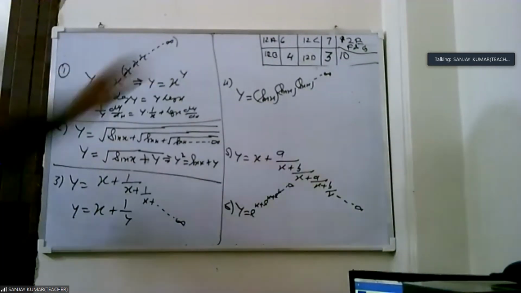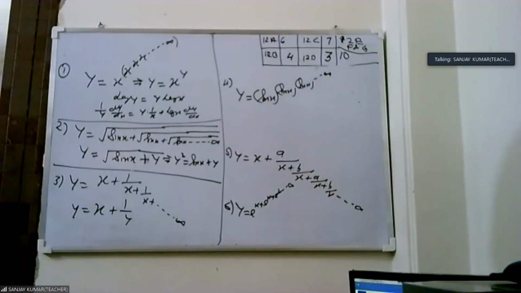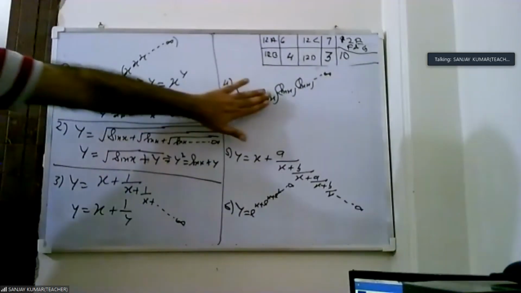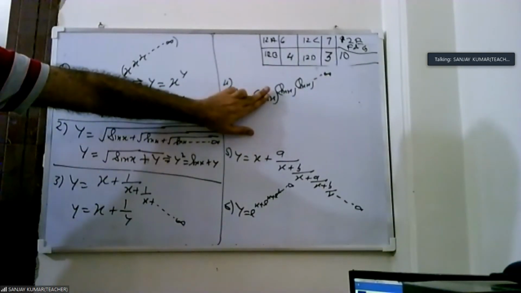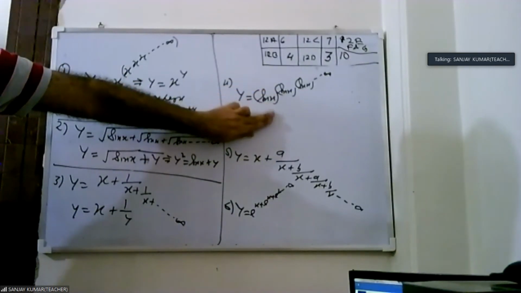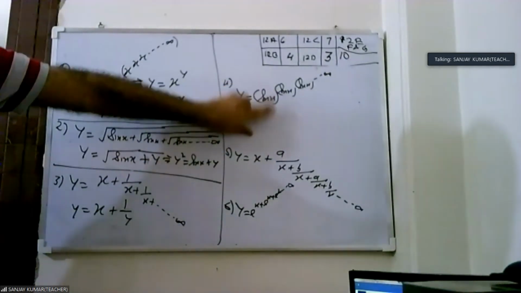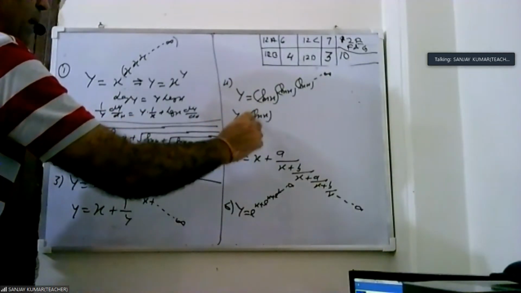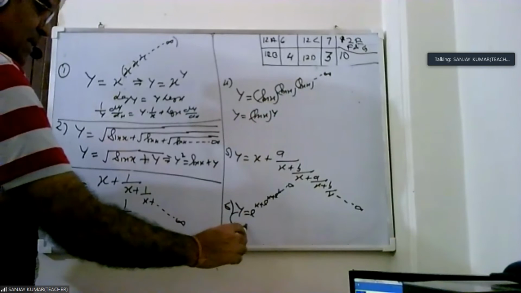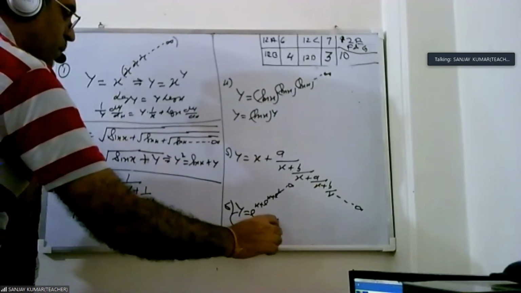Now the fourth question, again the same. The power goes till infinity. So we see from where we get the question again. If you remove this sin x, this is the same thing as y. If you remove this, then you have y. So this is y equals sin x to the power y. And the same thing here: y equals e to the power x plus y.